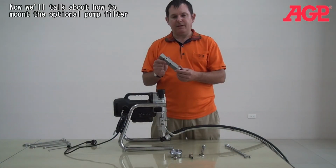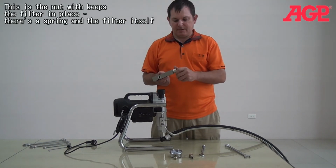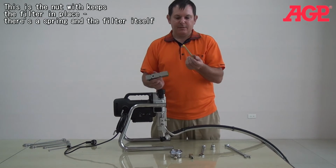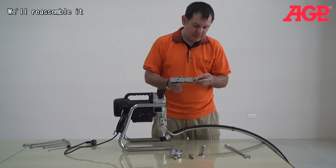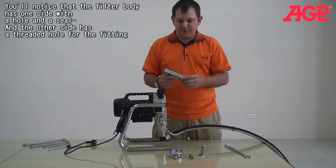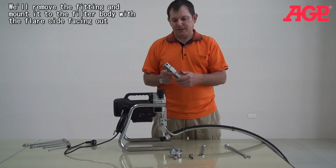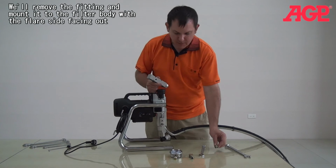Now we'll talk about how to mount our pump filter. And you can see this is the nut that will hold the pump filter in place. There's a spring, and the filter mounts inside here. So we'll put that in there first. You notice the filter has one side which is just a hole with a seal, and the other side is a threaded fitting. So what we're going to do is remove this fitting,